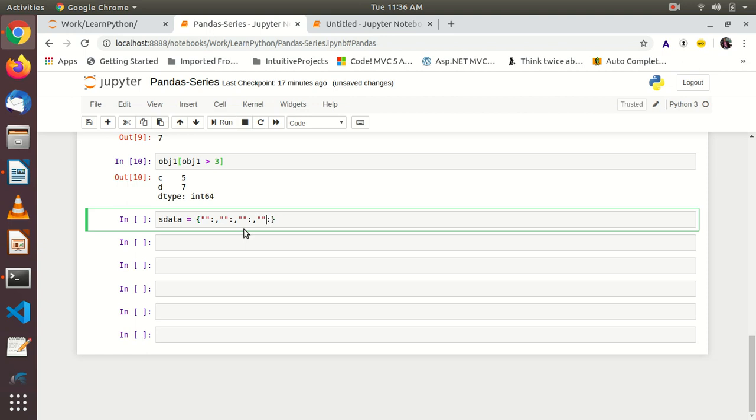Just watch, I'm trying to create a dictionary here with, let's say, Ohio, Oregon, Texas, Utah. So these are the state names, and I'm giving the population something like 3,000,